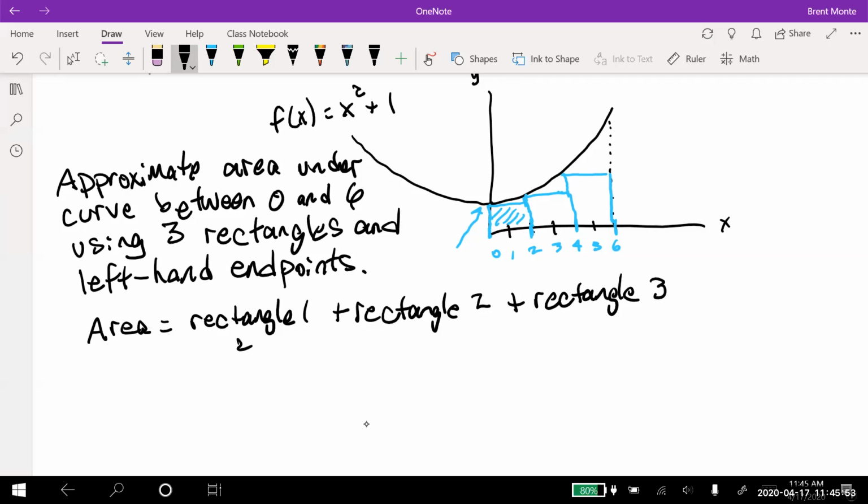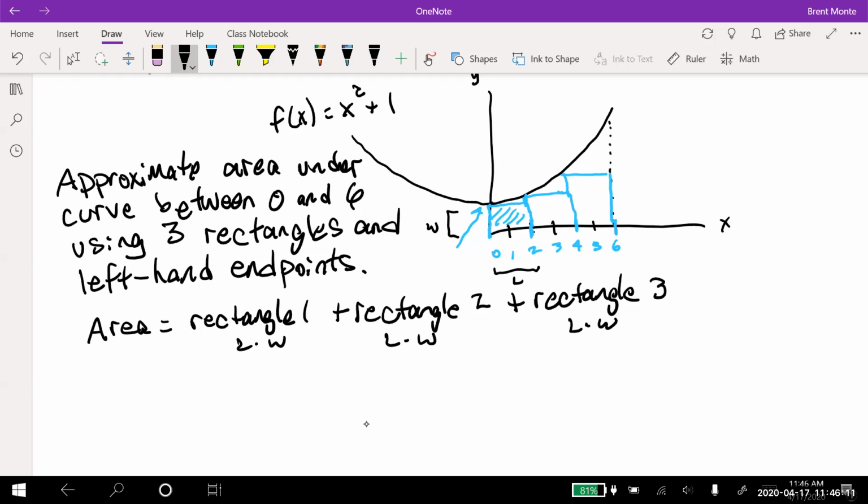And each of these is just length times width, length times width, length times width. Now the length, if we're talking about this being the length and this being the width,